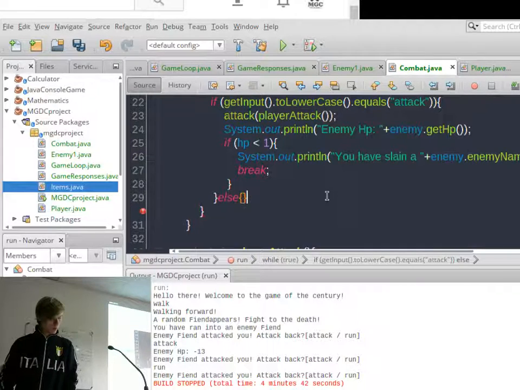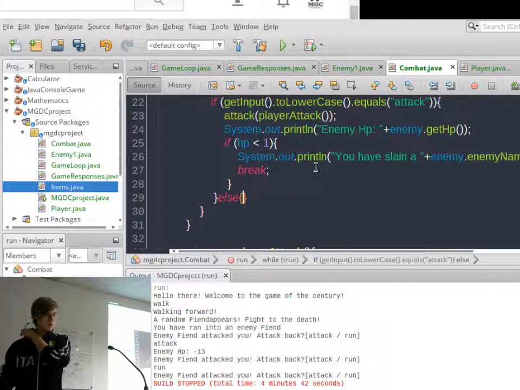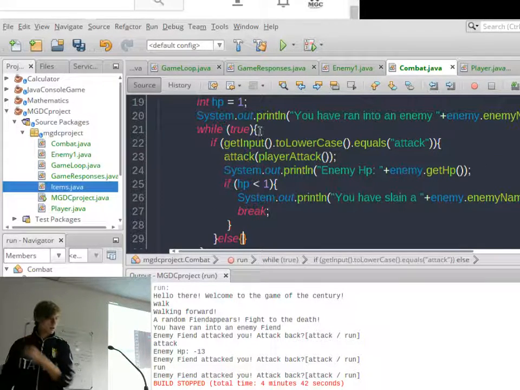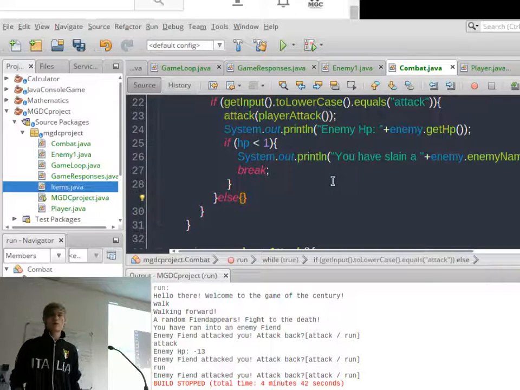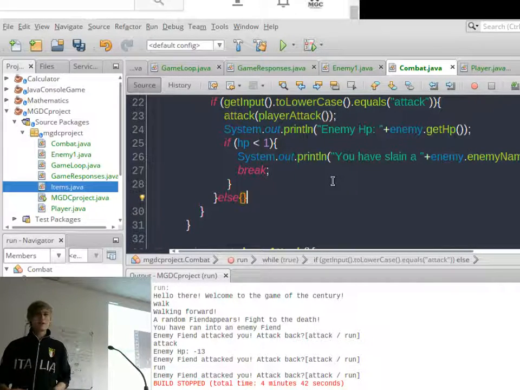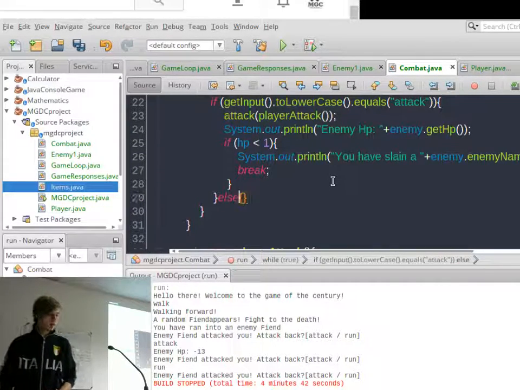Okay, here we will have something, for instance, if you ran away, then exit combat or something like that, breaking the while true, but also giving you damage on the way out. So while you're running away, an enemy will attack you for maybe less damage, but it will still attack you. Yeah. So I guess here we can have